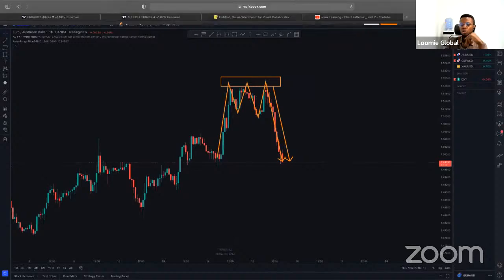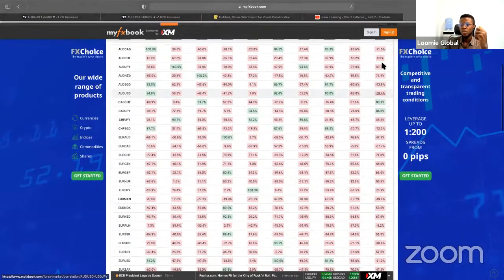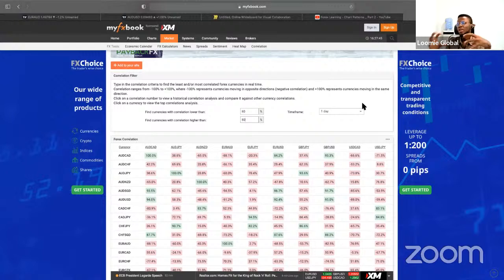Now, one of the things that I would like to point out just before we close this class is that currency pair correlation, I've not backtested that part enough, but I want to mention it to you so that perhaps you can study it. They change per time. These values are not set in stone. They change per time, right?